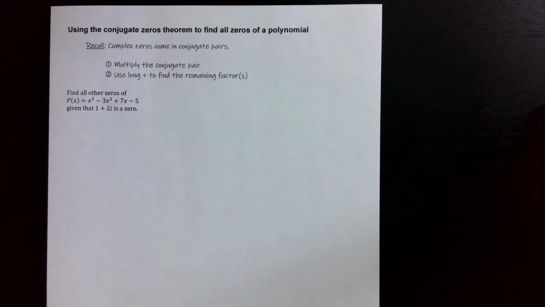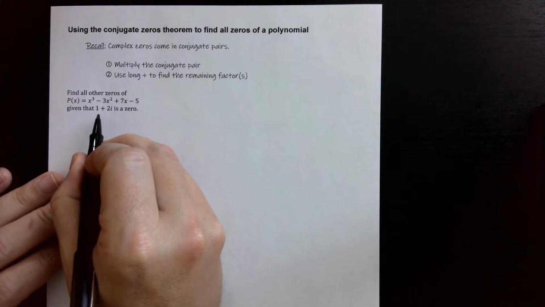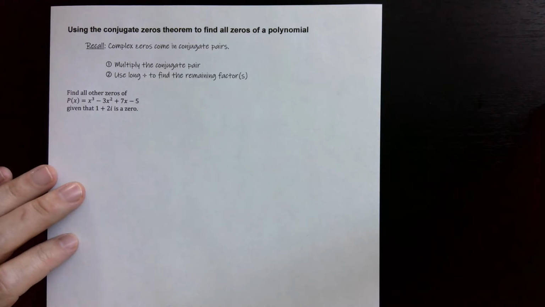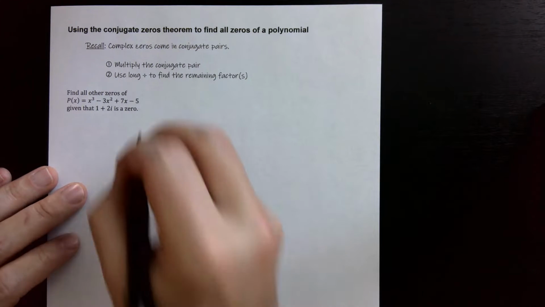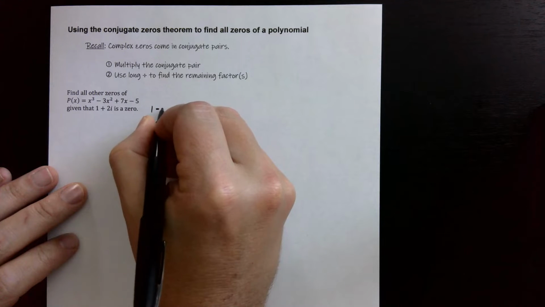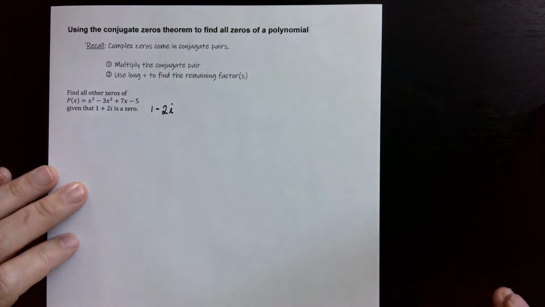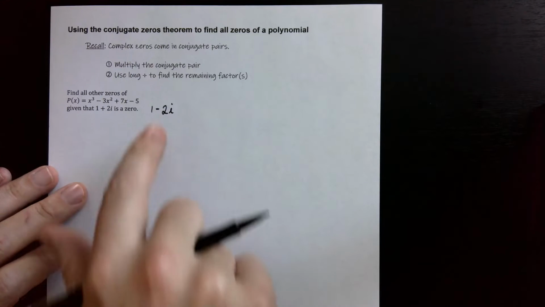In this video, we're going to be using the conjugate zeros theorem to find all the zeros of a polynomial. So what that means is that we're going to be given a complex zero like 1 plus 2i, and we need to know that if that's a zero, then 1 minus 2i is also a zero. Okay, so we'll multiply those together and we'll use long division to get what's left and see what we can